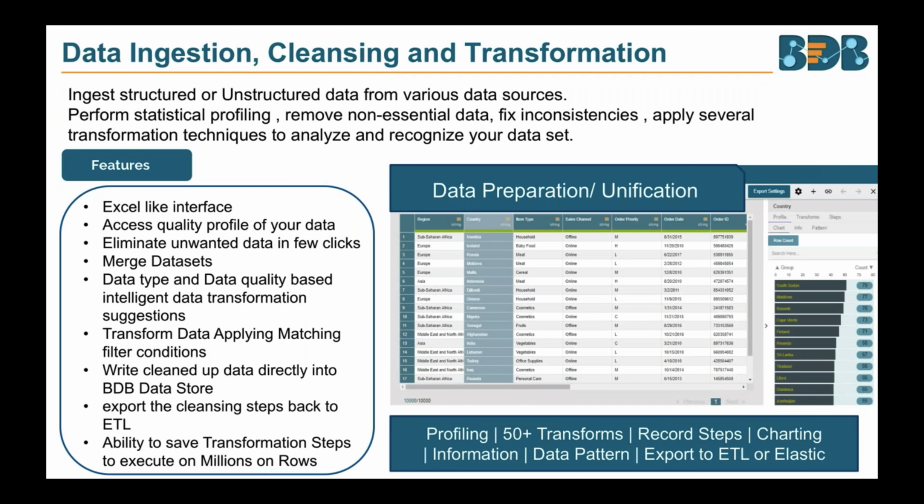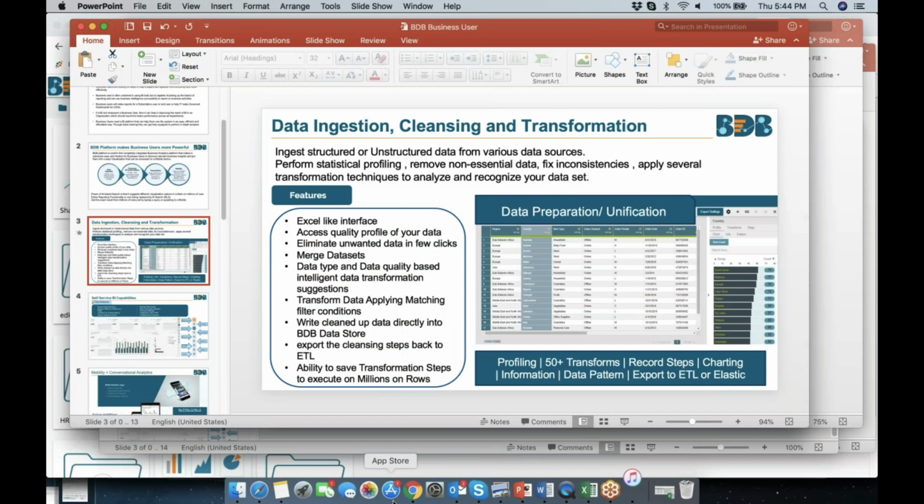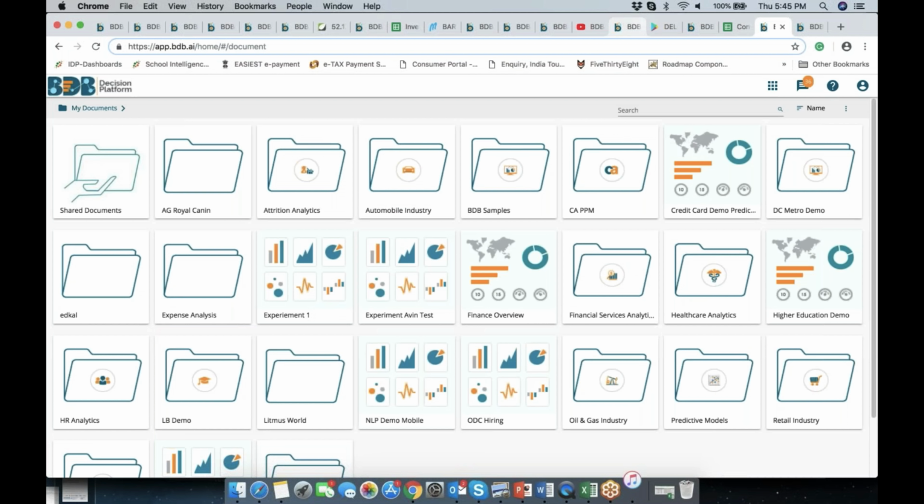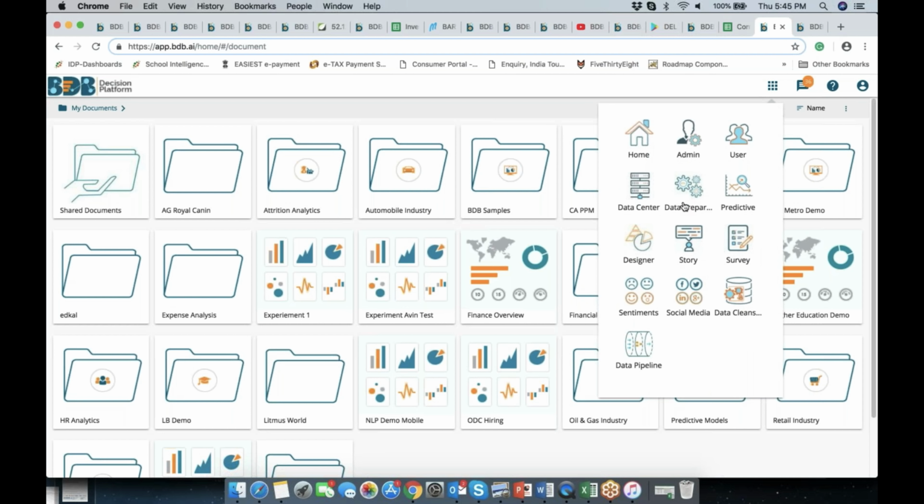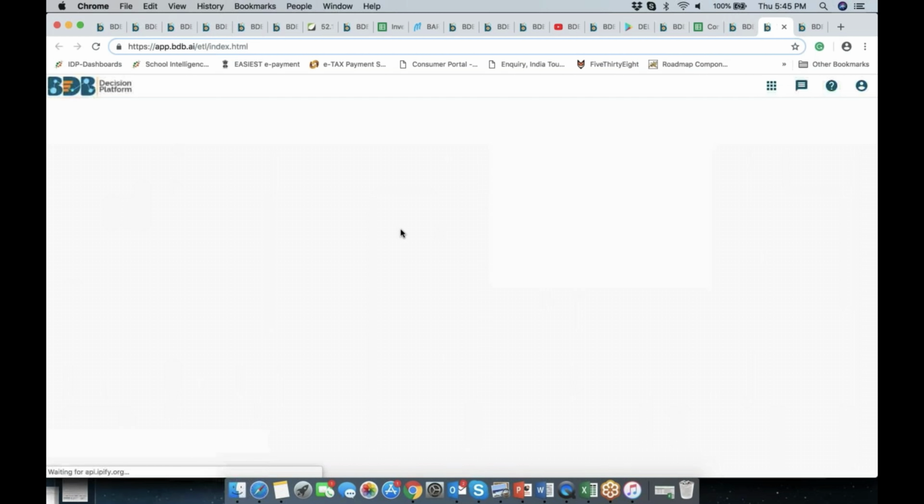So we will first see it through a data preparation product where we will be able to see profiling, transformations, and a lot of other things. So let's directly jump in and see how the data transformation happens. So this is my BDB platform. What I will do here is I'll go to my data preparation layer,